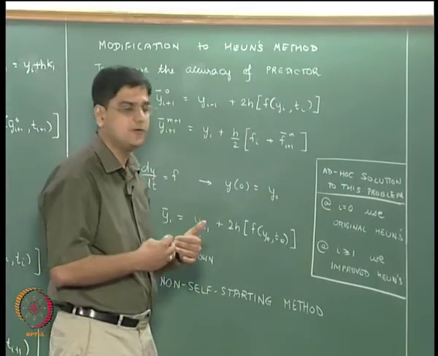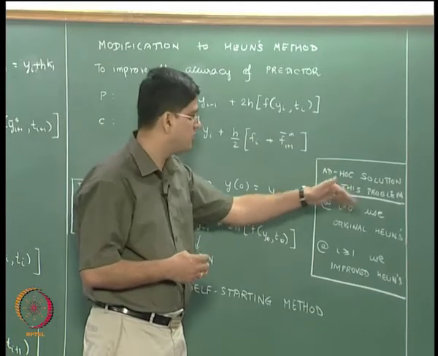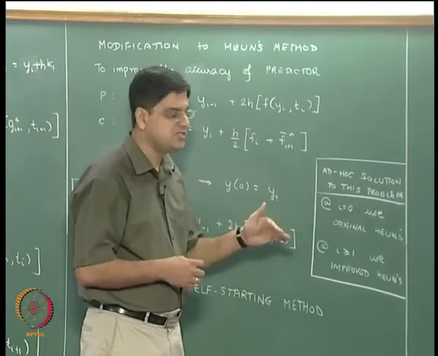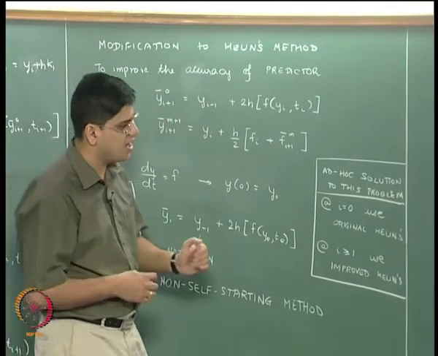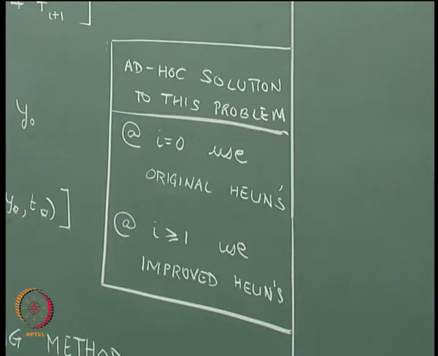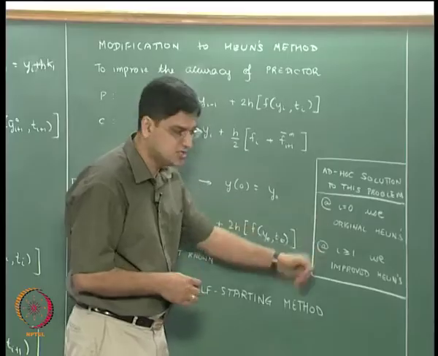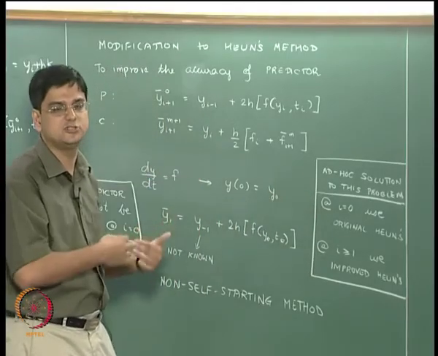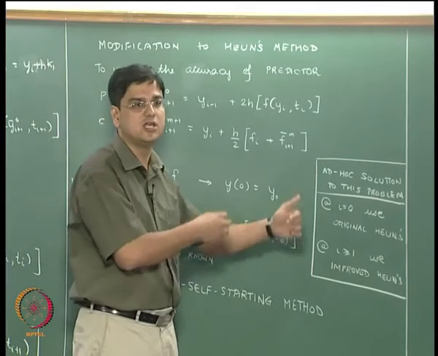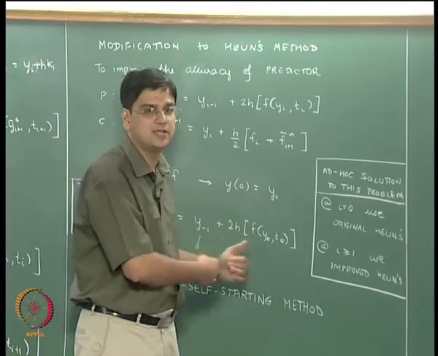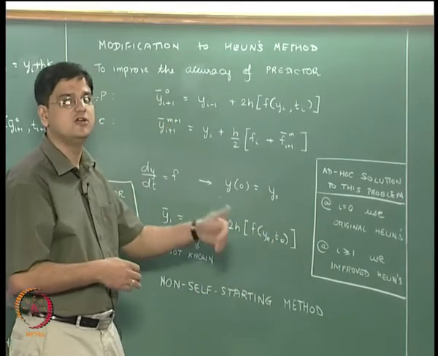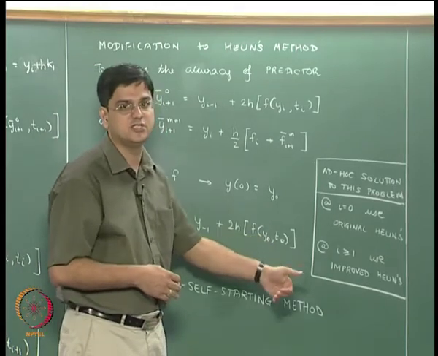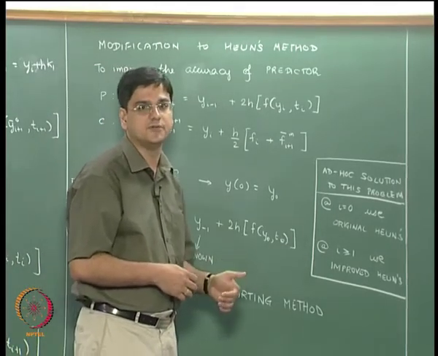In the next lecture, we are going to consider a few more examples. Specifically, we will consider the Adams Bashforth and Adams Moulton family of methods, which are actually non self starting multi step methods, and over there as well we are going to use ideas similar to this, for i equal to 0, or i equal to 0 and 1, and so on and so forth. We will use a less accurate method to get our method of choice started, and once the method of choice gets started, we will keep using our method of choice in order to improve the accuracy.